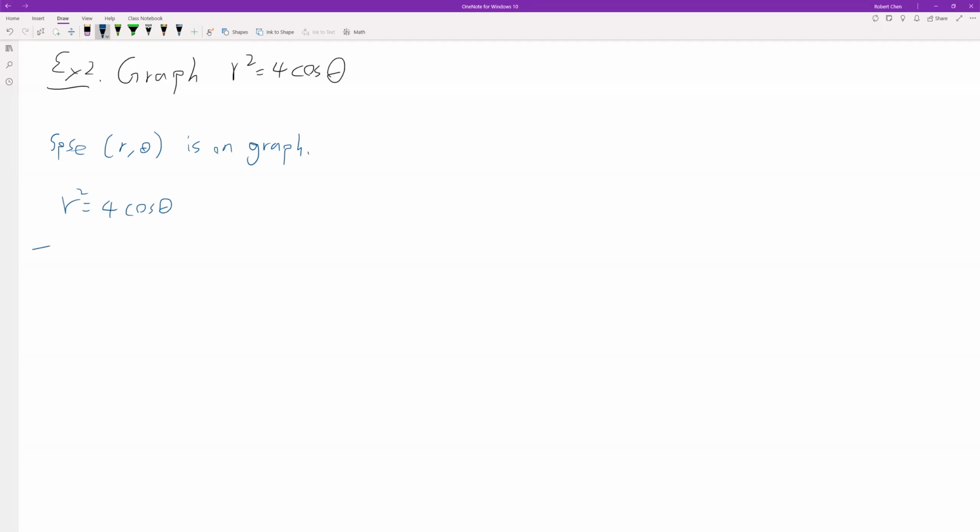And we know from earlier that r squared is also equal to 4 cosine negative theta, right? So (r, negative theta) is also on the graph, which means it's going to have symmetry about the x-axis,